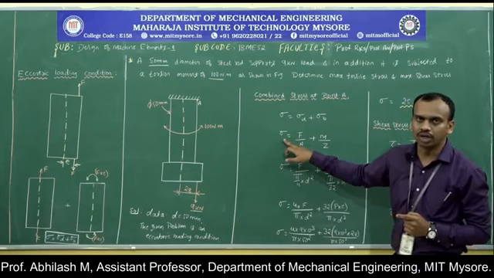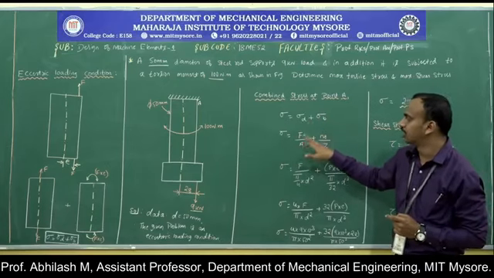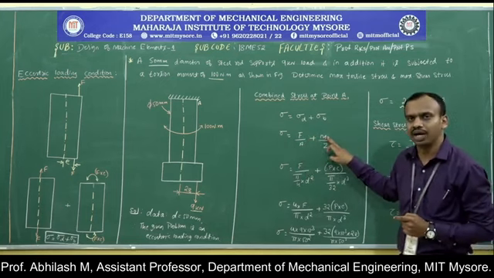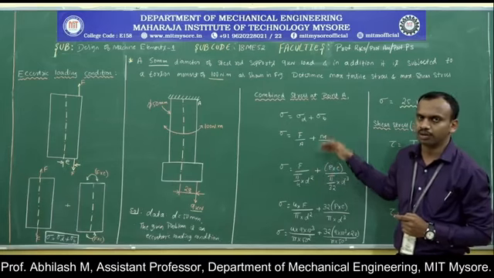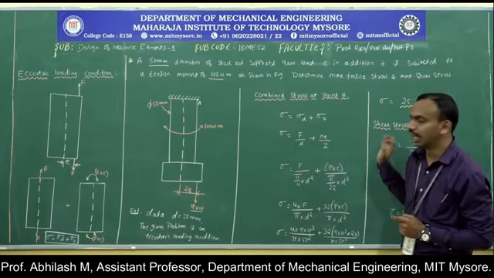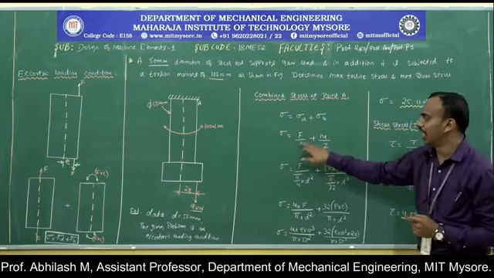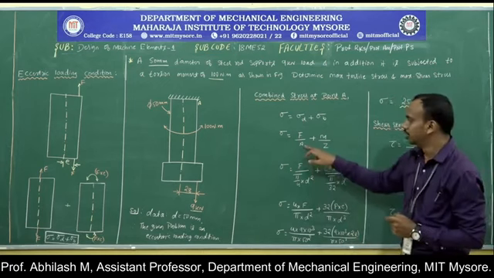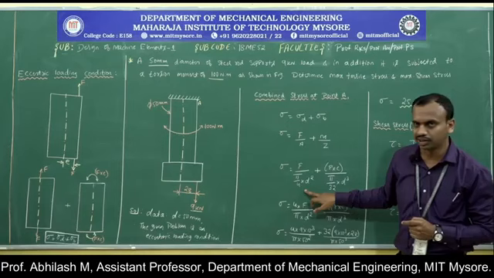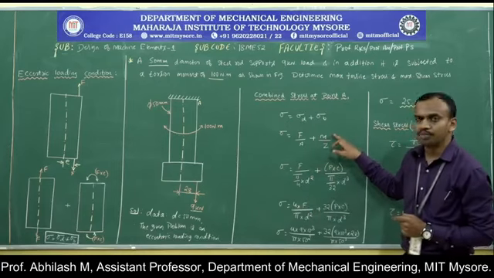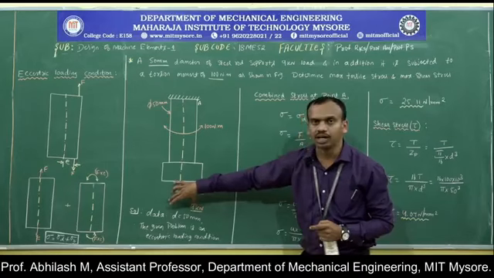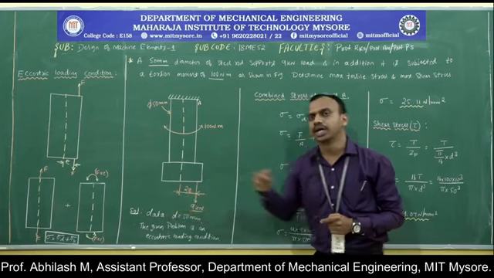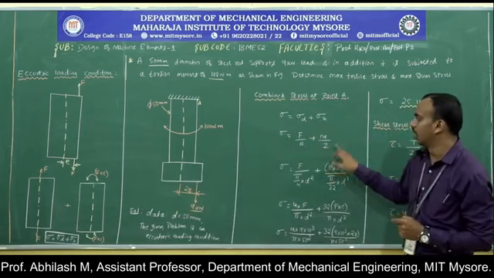So sigma will be equal to the direct stress, given by F divided by A, plus the bending stress, given by M divided by Z. We have already understood the concept of F by A plus M by Z in the previous problem. Now the area for the given circular section will be pi by 4 of d square, whereas the moment M will be equal to the load into its perpendicular distance. The applied load is 9 kilonewton and its perpendicular or eccentric distance is 28 millimeter. So it is P into E divided by Z.